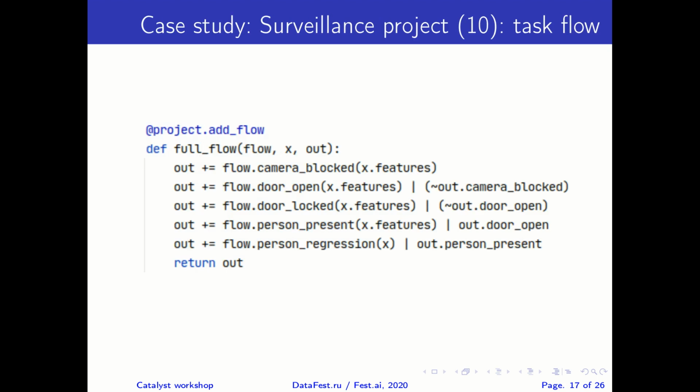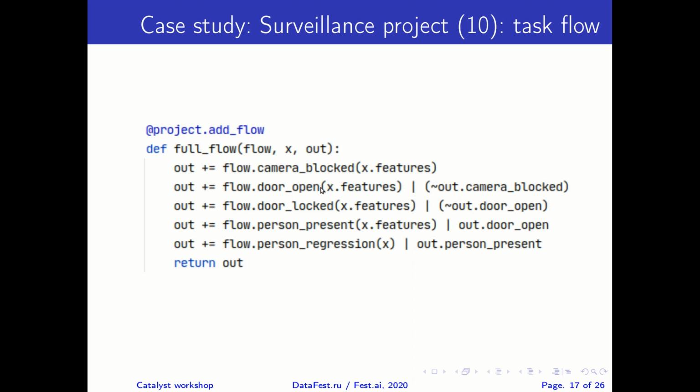So, this is how an example task flow looks. It has 3 parameters. Flow is something in which the tasks are already registered. The list of tasks is already registered. X is an input dictionary of features. So if you have different features for different tasks, you would have multiple keys and values. Here only one key is present, the features key. And out is the thing in which we accumulate the result. And you can see here the